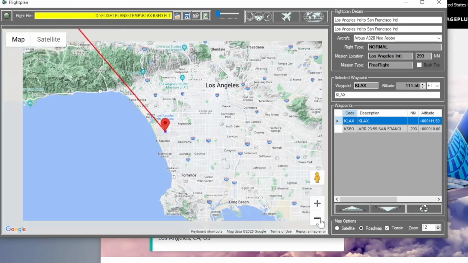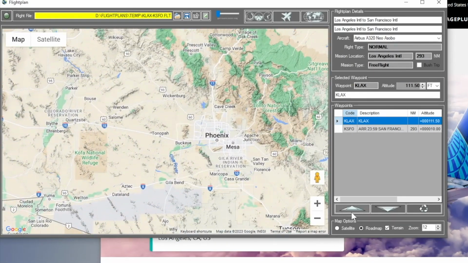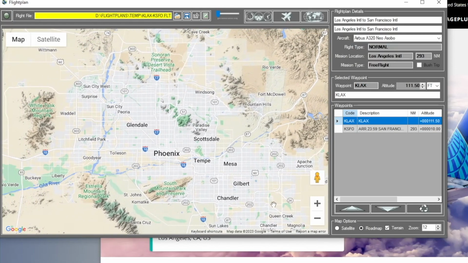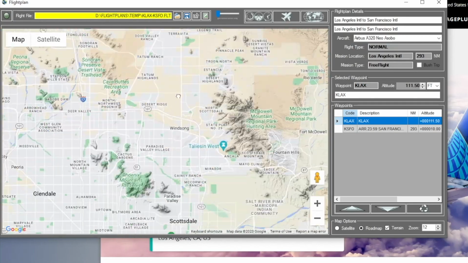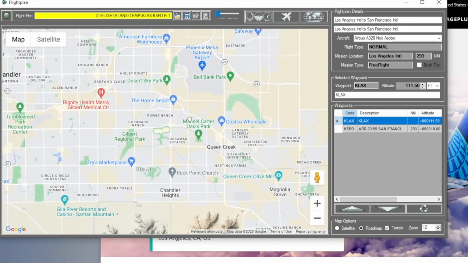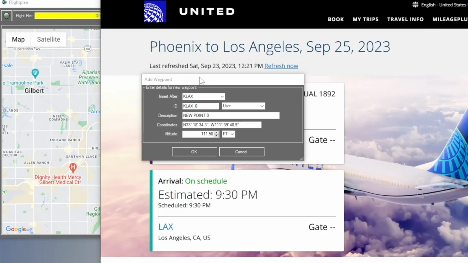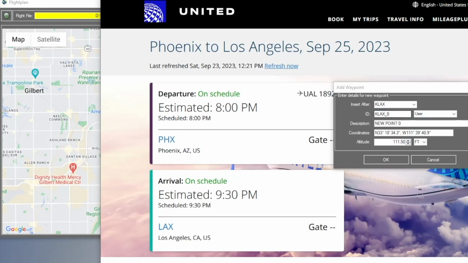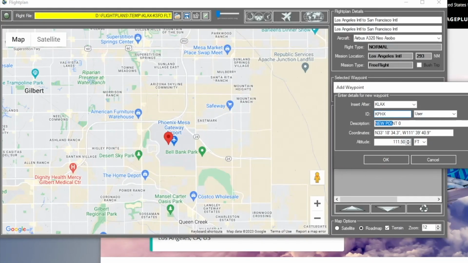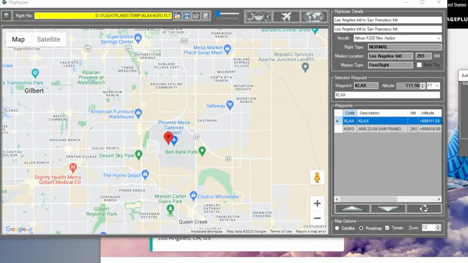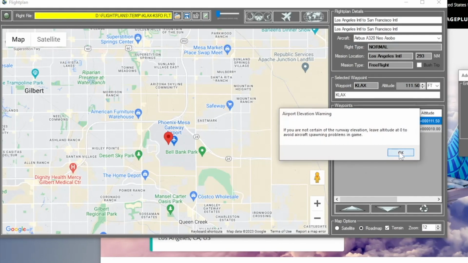Let's go back and drop a pin in Phoenix. Actually, I don't know where the airport is. There it is. I'm not going to worry about runways or anything right now. So what was that? At PHX. Now you can make it an airport. I'll go ahead and make it an airport for grins, but one thing to keep in mind, airports are not